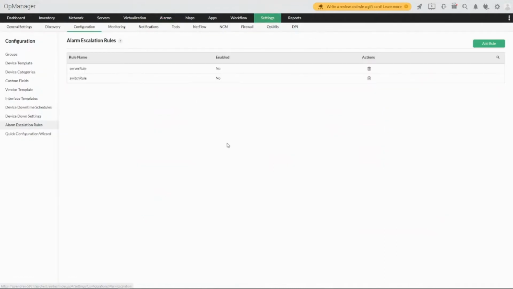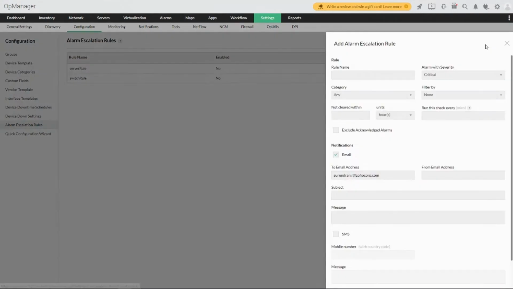associated. For example, you have to go to Settings, Configuration, and click on Alarm Escalation Rule. So here, if you want to create an alarm escalation rule, all you need is a rule name, and to select the severity. Let's say it's going to be critical, and you can also select a specific criteria. Here, we are going to take an example of an uplink router. So I'm going to select the category as a router, and then I can also filter them based on the business views or the groups which I have already created. So here I'm going to apply it to a specific group which I've created for my branch servers and